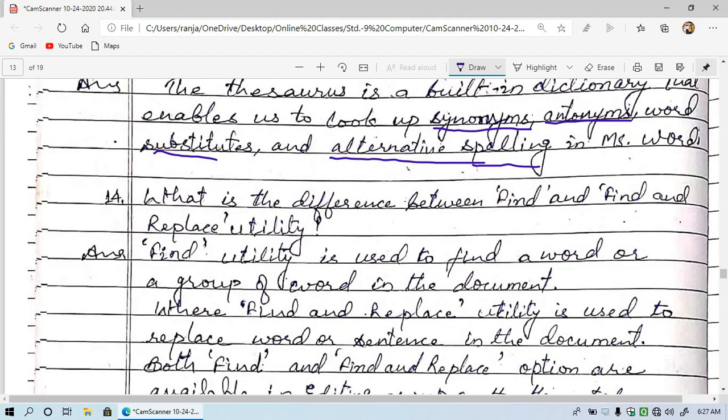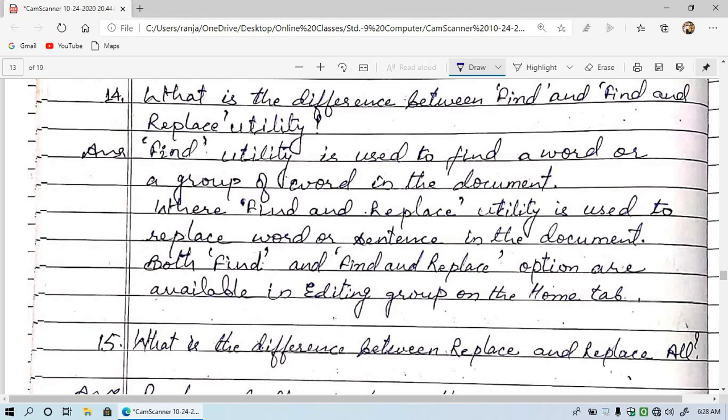Now question number 14. What is the difference between find and replace utility? Let's see. Find utility is used to find a word or a group of words in the document. So with the help of find, we can find any word or any sentence or any phrase in MS Word. Whereas find and replace utility is used to replace a word or sentence in the document by replacing the previous one.